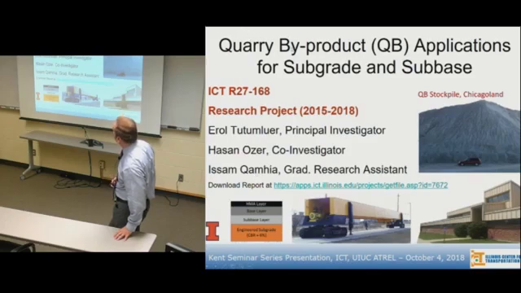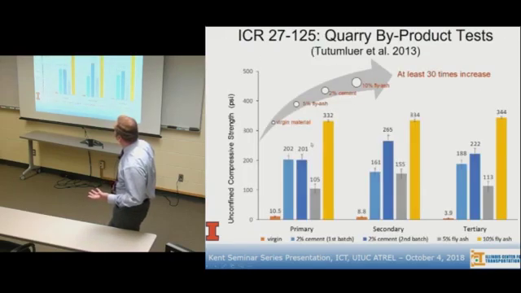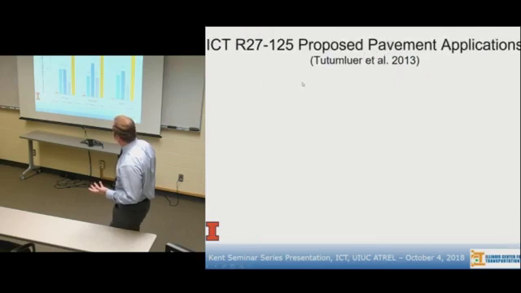So how can we use quarry byproducts in sustainable applications? We know that quarry byproducts are waste materials, but that's not how the producers look at it. This is good material, sand-size material, anything passing 6 millimeter size, typically less than number 4. When we did the original work in the 125 project in the lab, we were able to increase the 10, 11 psi unconfined compressive strength up to 30 times by going with 2% cement and 10% fly ash. Okay? So the good thing about this was,